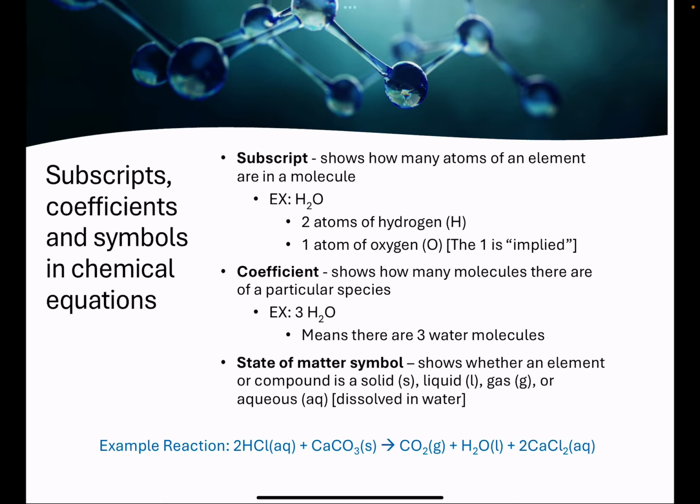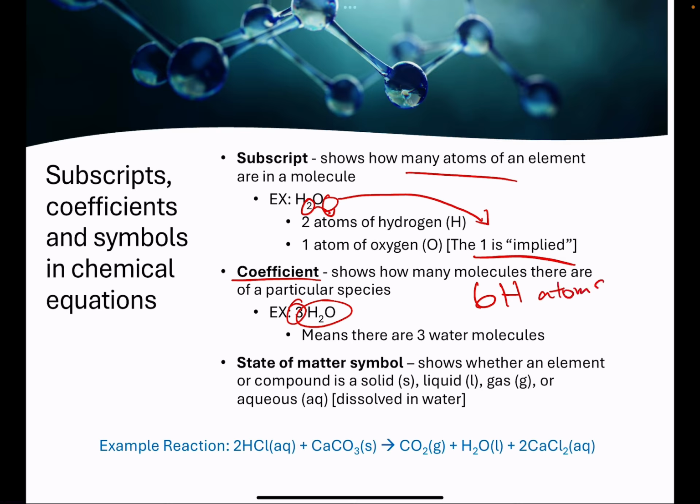So a little bit of review about subscripts. Subscripts show how many atoms of each element. So H2 gives us 2 hydrogen, where O doesn't have anything, it's just 1. It's the implied 1 oxygen. Coefficients show how many of the molecules. So if we have 3 of the H2O, then we're going to have 6 H atoms, hydrogen atoms, and also 3